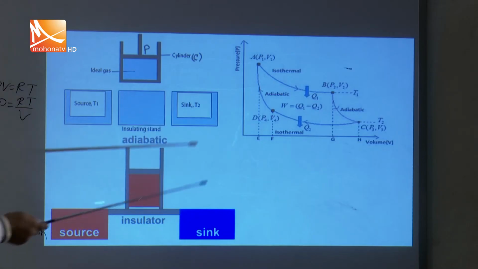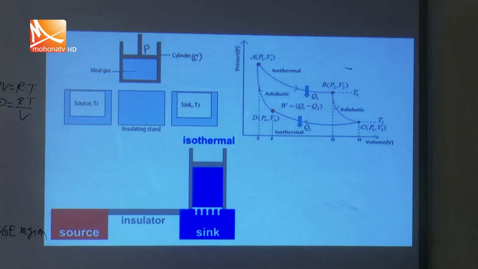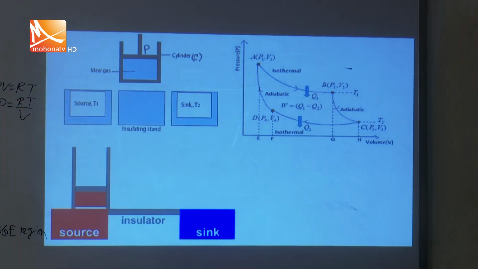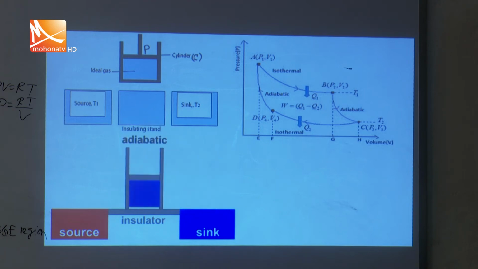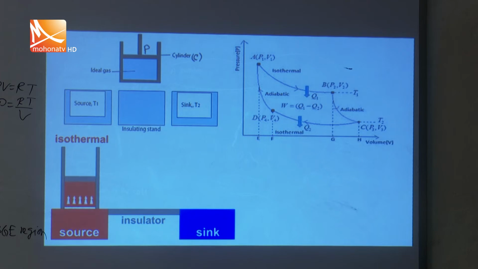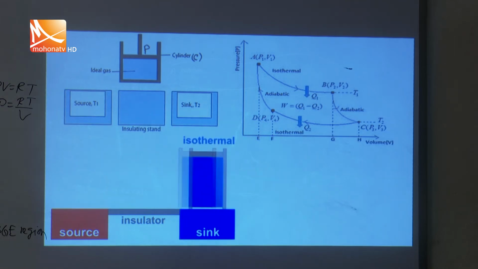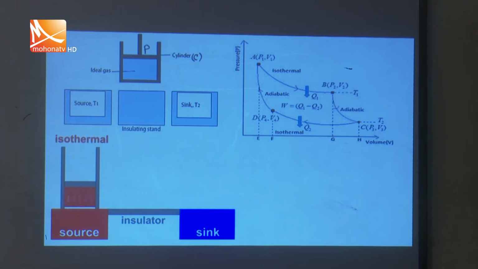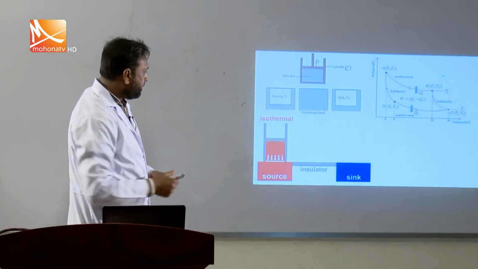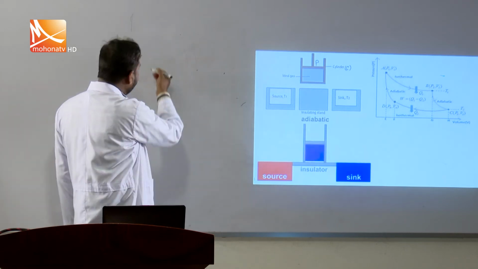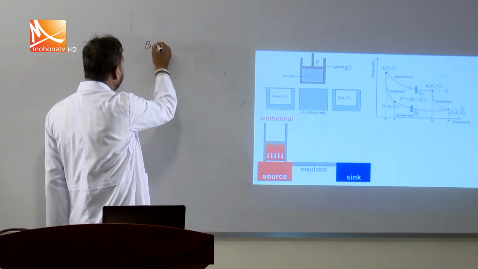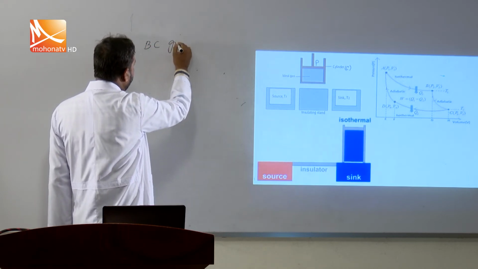Now we can calculate the work done in the adiabatic expansion from B to C. Since you know, dear students, in an adiabatic process no heat enters the system and no heat is released from the system or cylinder. Now, the work done in step 2, that means in the adiabatic expansion BC on the graph,